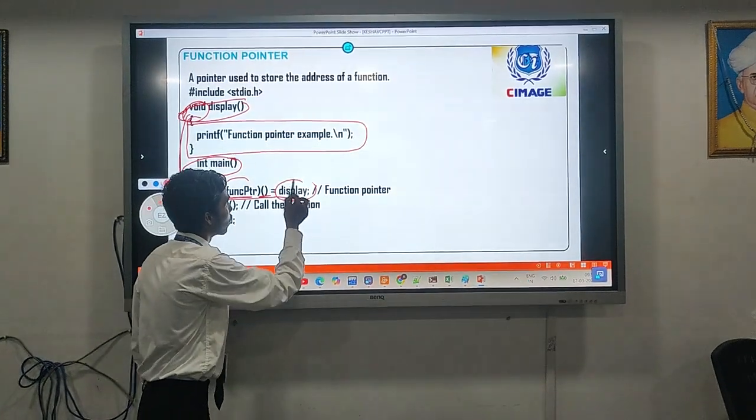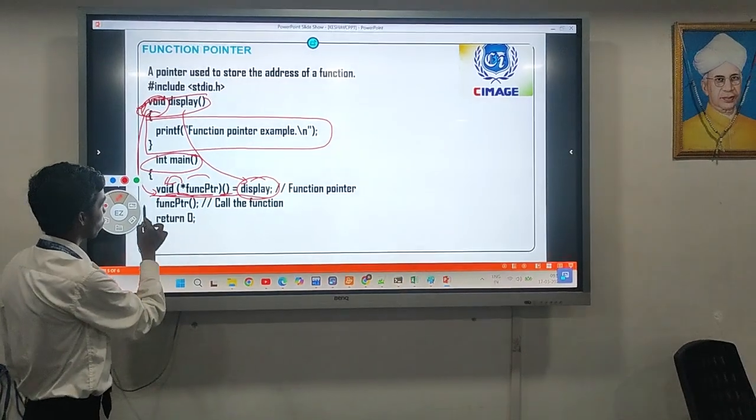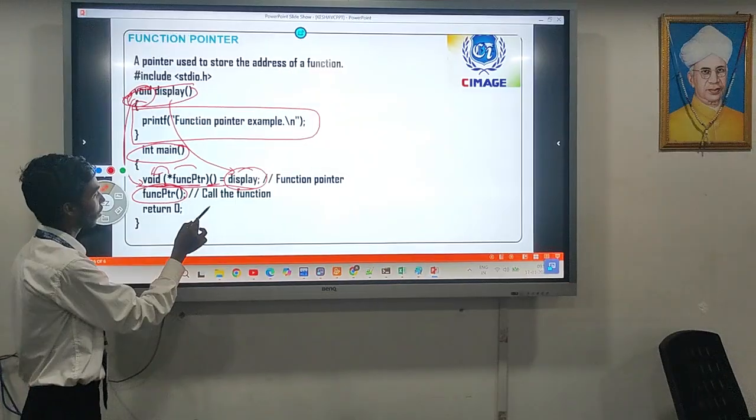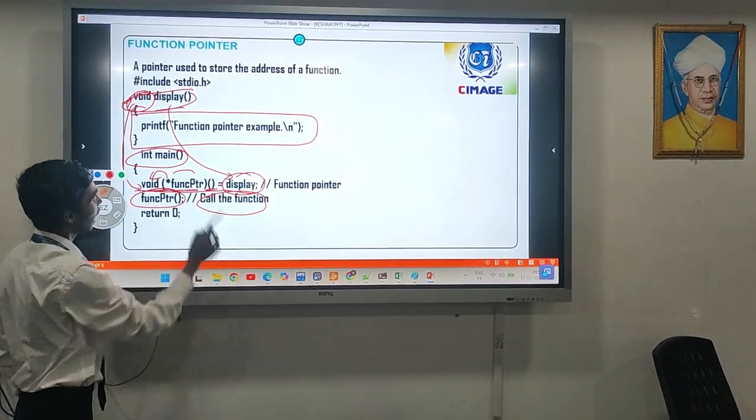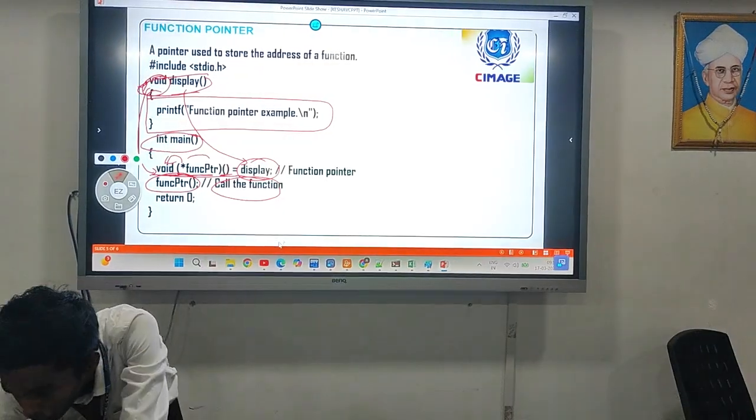Through this pointer it will call the function display, and lastly it will print function pointer example. Let me show you.